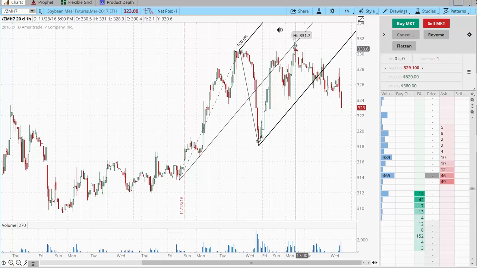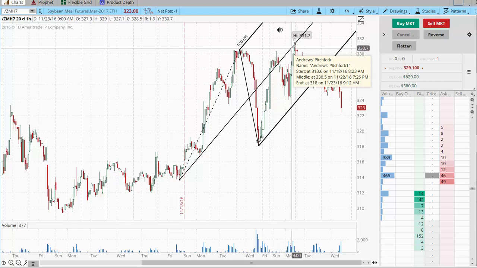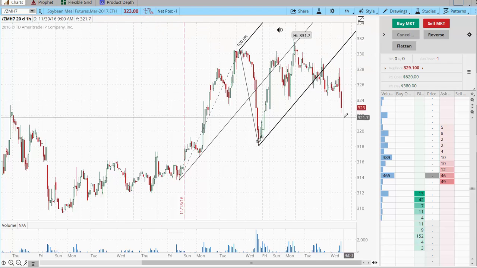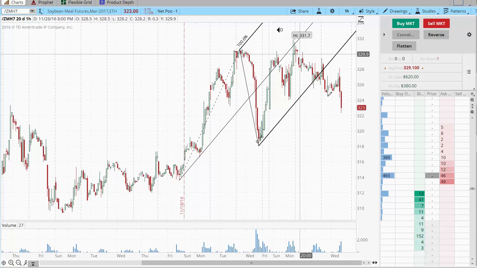Okay, so we use that similar technique, but we use intraday charts instead to find a daily reversal point, and where it reverses for several days. Okay, so that's really what it is.